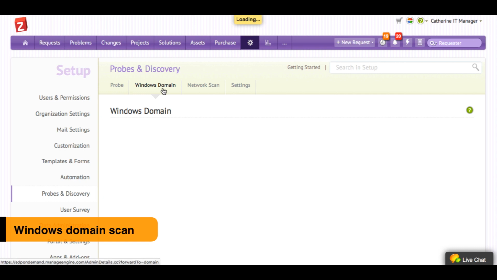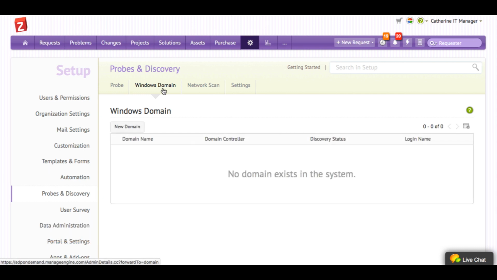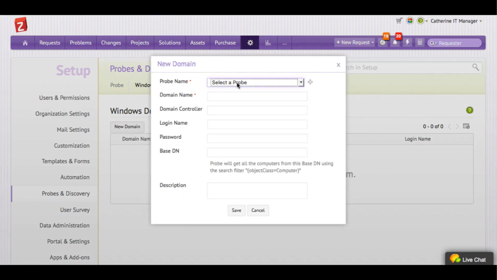In the Windows domain scan, you will be able to scan your entire domain. You can configure the domain scan by clicking the New Domain button, choosing the probe, and giving the details of the domain. Give the domain controller, the login name and the password, and a base DN if you want to scan a specific OU. The login name must be an administrative credential